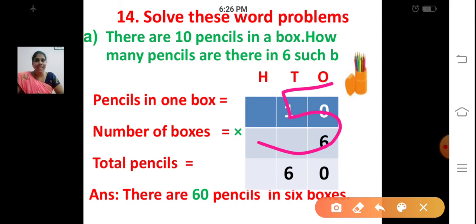So in that case you have to perform multiplication. Keep that in mind. When they are giving the value for 1 and asking for more, you have to do multiplication. And division, we'll see in the further classes. Okay, so to see whether it is multiplication, addition or subtraction, just see the question. If they're giving the value for 1 and asking for more, you have to do multiplication. Okay, now the first sum is